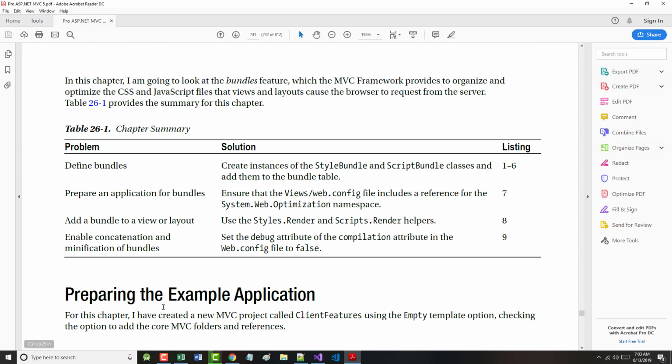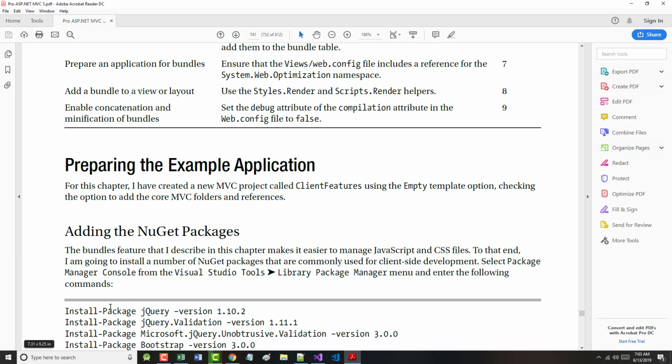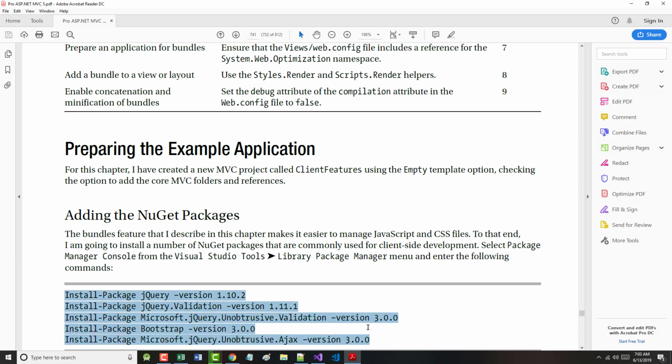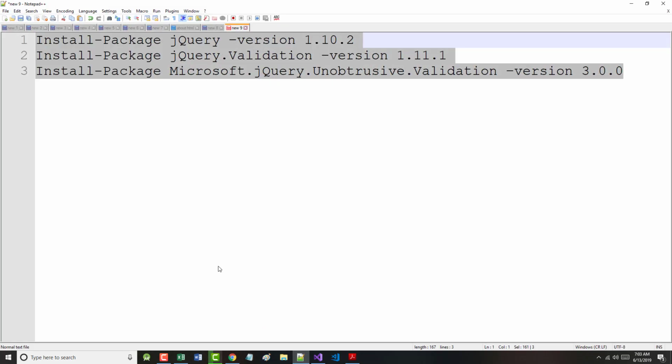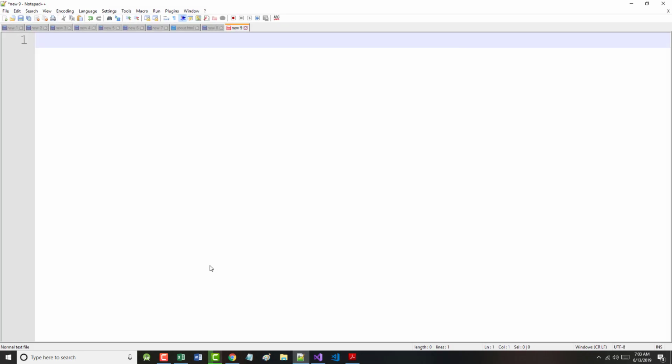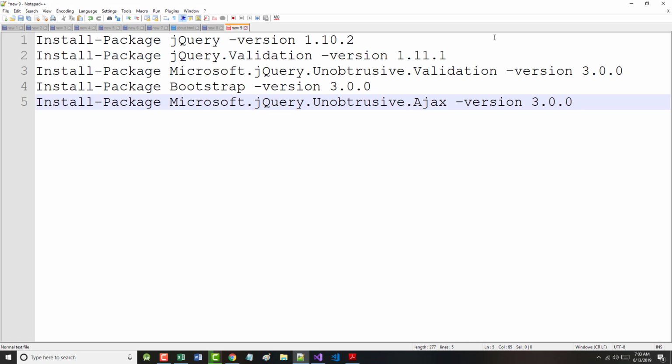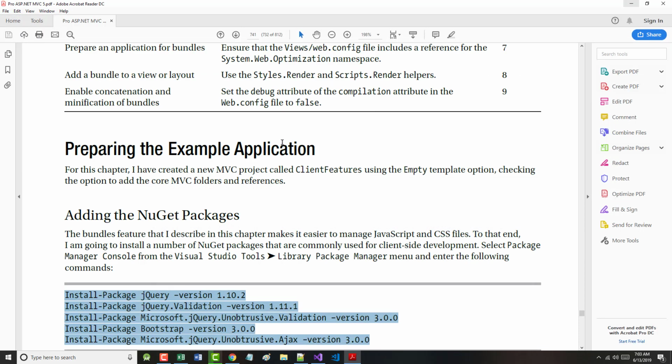There was one thing I wanted to do before we start, and that is to grab this, copy it to the clipboard, go back into here, and paste it in. All right. So again,